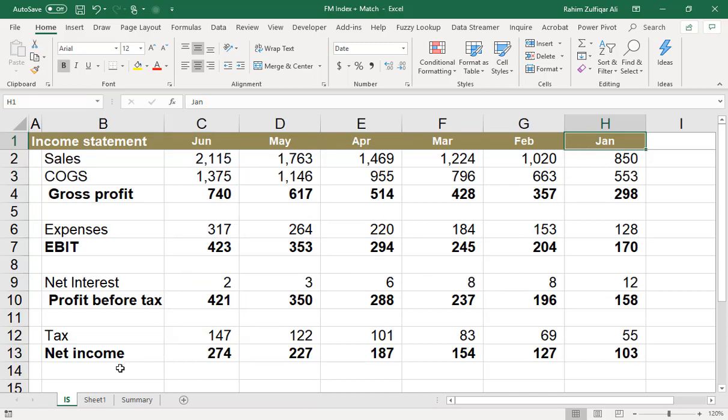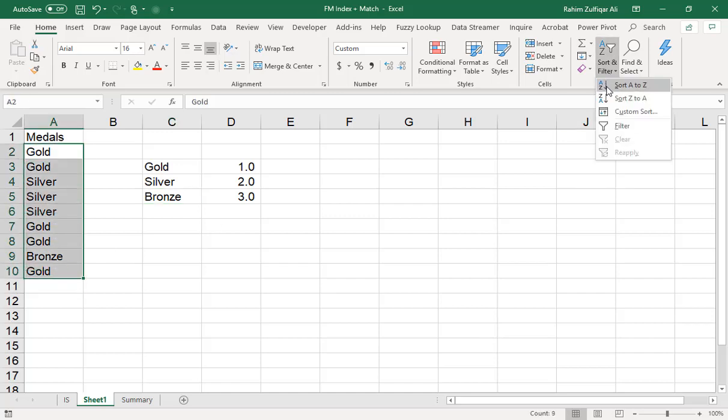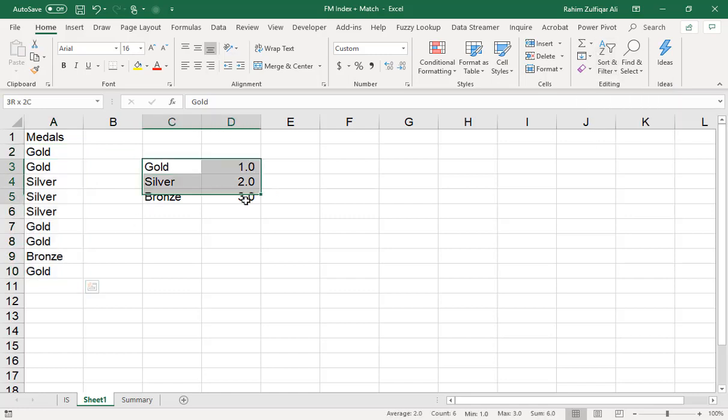Now the second technique in this video is that we have a list of medals, and there are three kinds of medals: gold, silver and bronze, and we need to sort according to this order. First we need to have the gold, then silver and then bronze. If we select this list and sort it A to Z or Z to A, this will be wrong based on this listing.